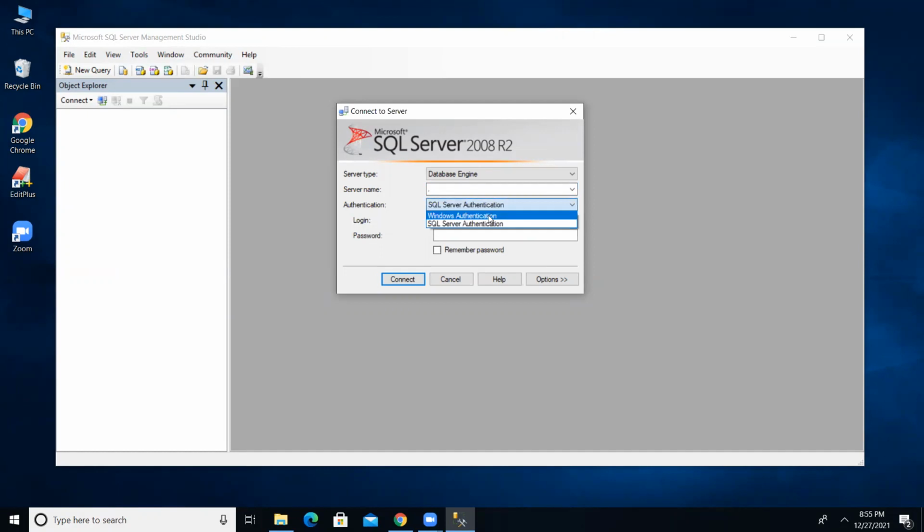One is called Windows Authentication. The second one is called SQL Server Authentication. Go for SQL Server Authentication. The login name by default is SA and the password is ABC. Whatever password you kept at the time of installation, that password you have to give here. So the server name is just a dot, login name SA, password ABC, and authentication SQL Server Authentication. Then select the Connect option.